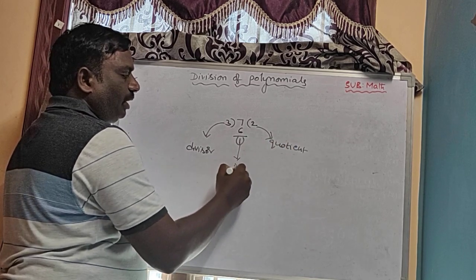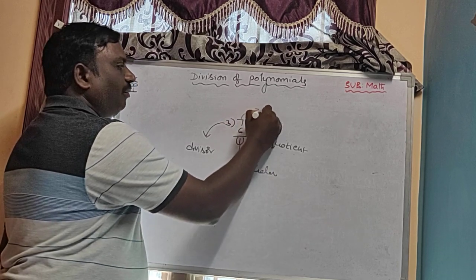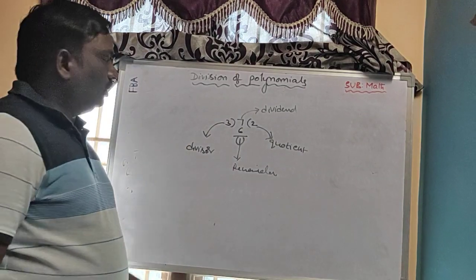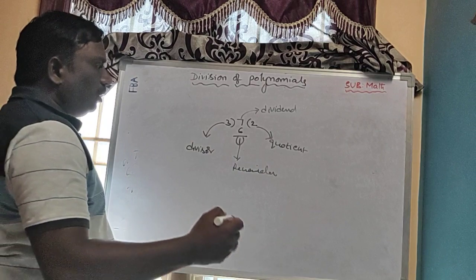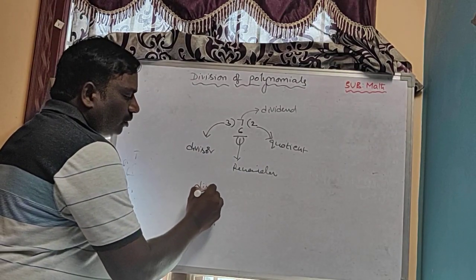This is called remainder. This is called dividend. So dividend, divisor, remainder and quotient. So all of you know about the division rule. Division rule is what? Dividend equal to